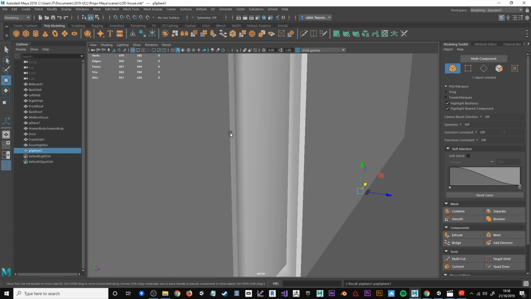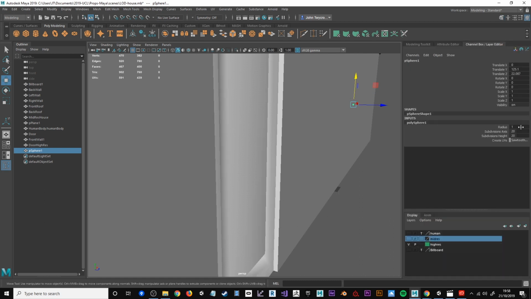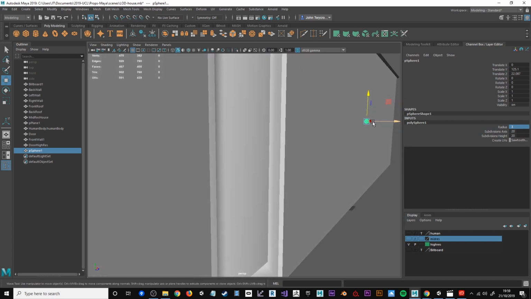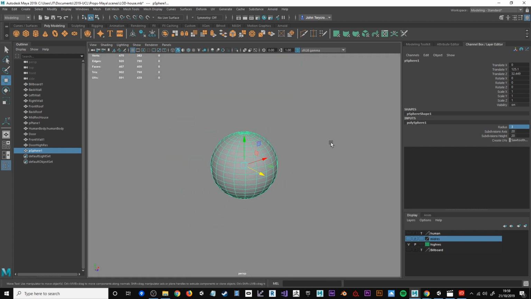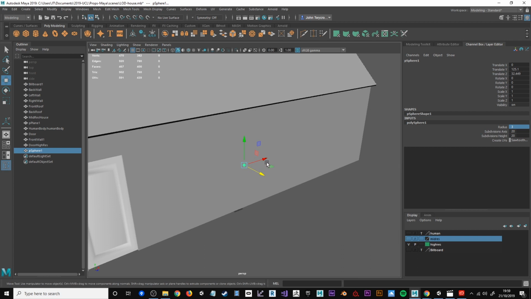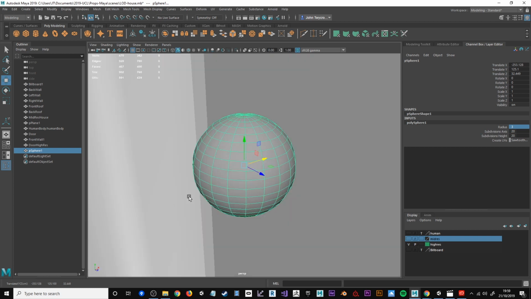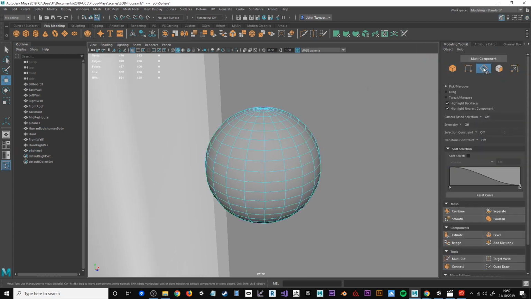resolution one, and I am going to do a very traditional doorknob, and I'm just going to increase the radius of this to about 3 centimeters, so that will give me a 6 centimeter diameter, and I will press F to focus on that and bring that closer to the door. Now the door handle would come on the right side if it's pivoting on the opposite side, and to make this work I'm just going to make a few changes to the